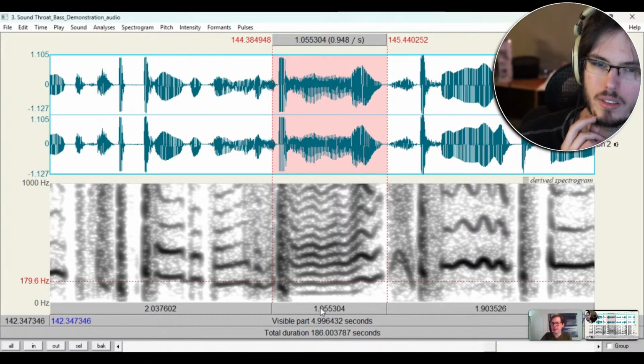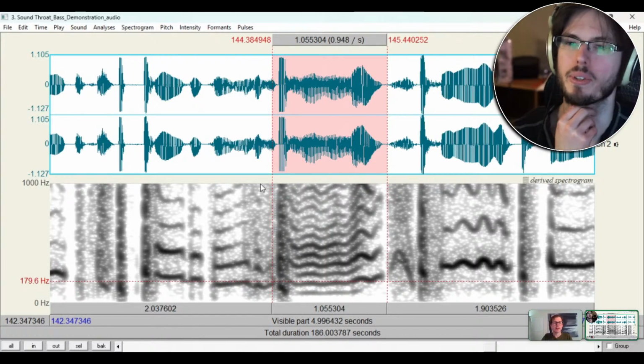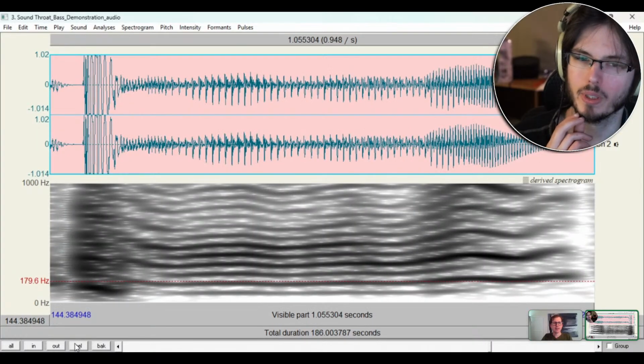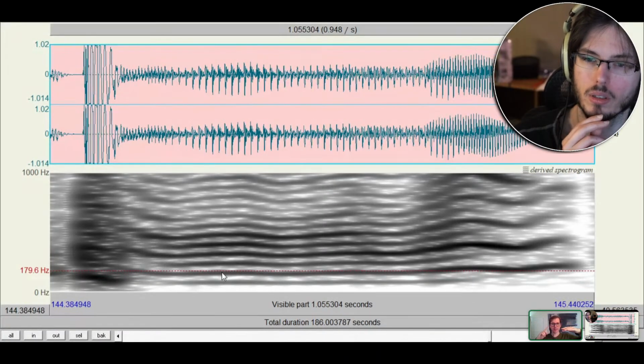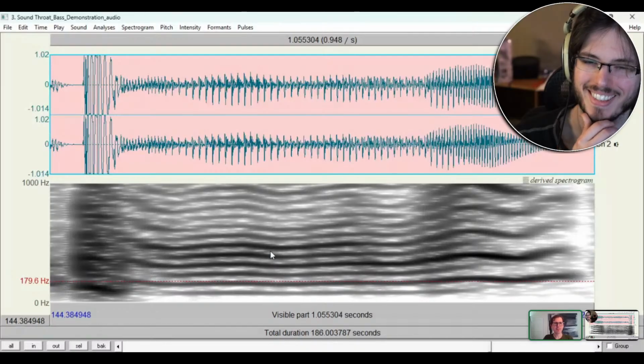So we're going to focus on this one little segment here. It's just the word bin, with a lot of an O resonance at the end. On this particular beatboxer's throat bass is really clean and resonant. You can see the overtone series in the spectrogram quite clearly. You can see it in the other ones too, because the other ones were only fuzzy because they were squashed. But it is very nice and clear. And we're going to get to that, I promise.